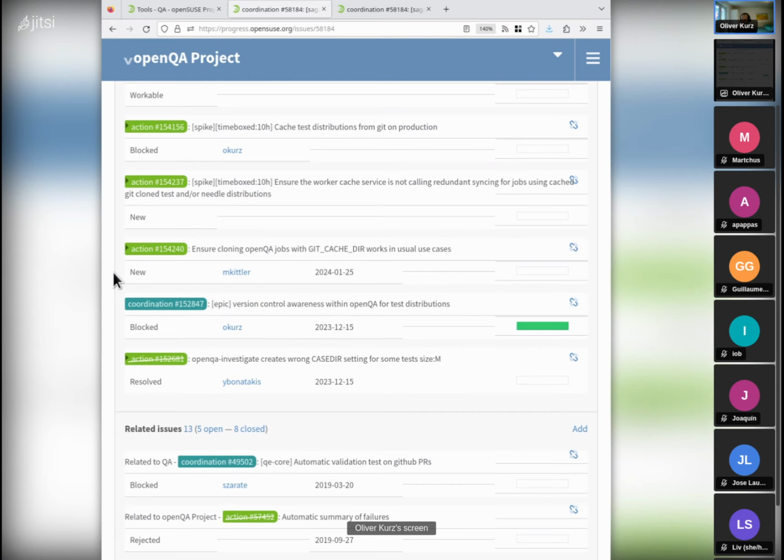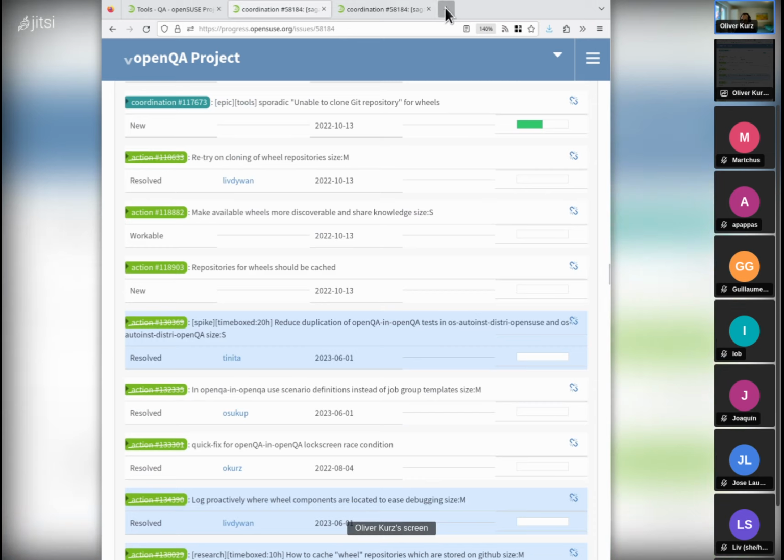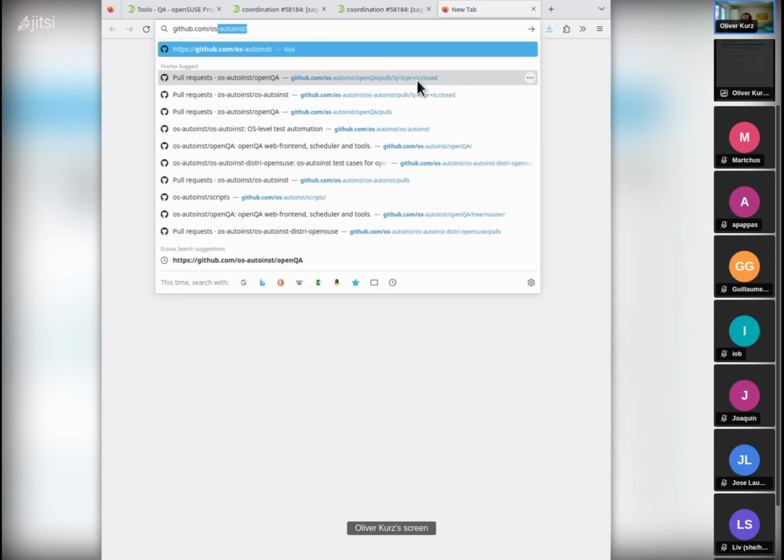And one other part about the scenario definitions is what we showed is possible in